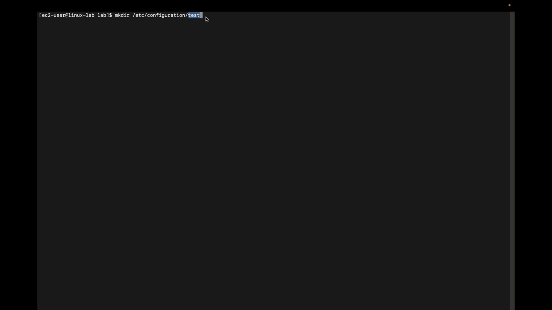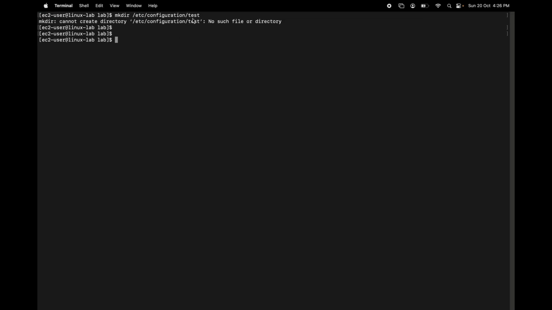If I hit it, it says cannot create directory, no such file or directory, because etc is there for sure in a Linux machine, but configuration might not be there, and you want to create test under configuration. Because it's not there, it won't be created, because for test to be created there has to be a configuration folder. But in the same syntax, if I add